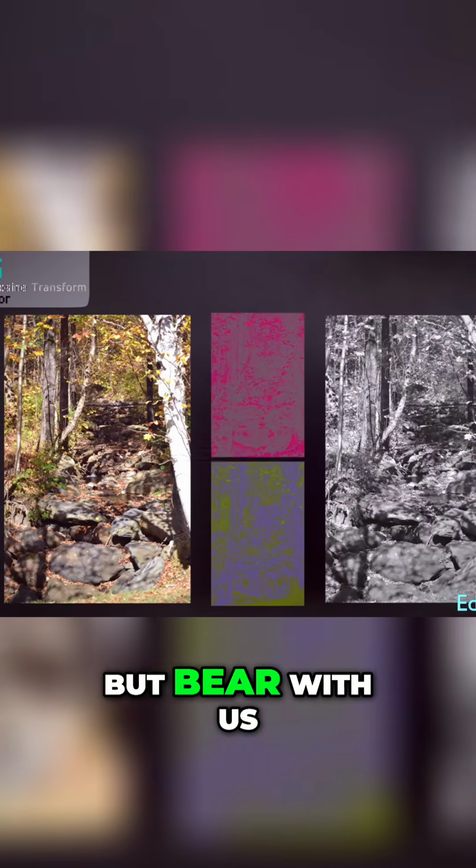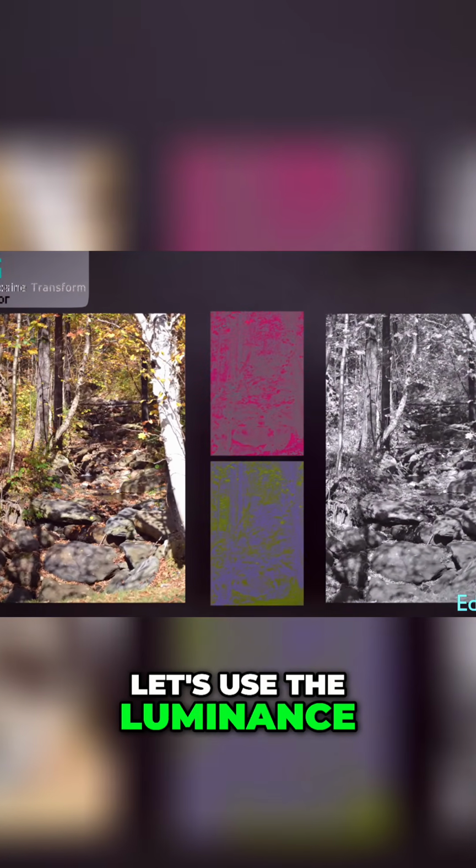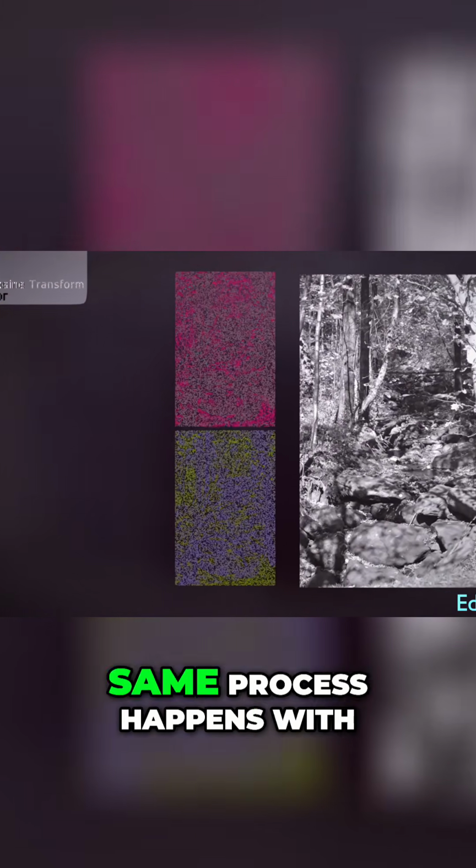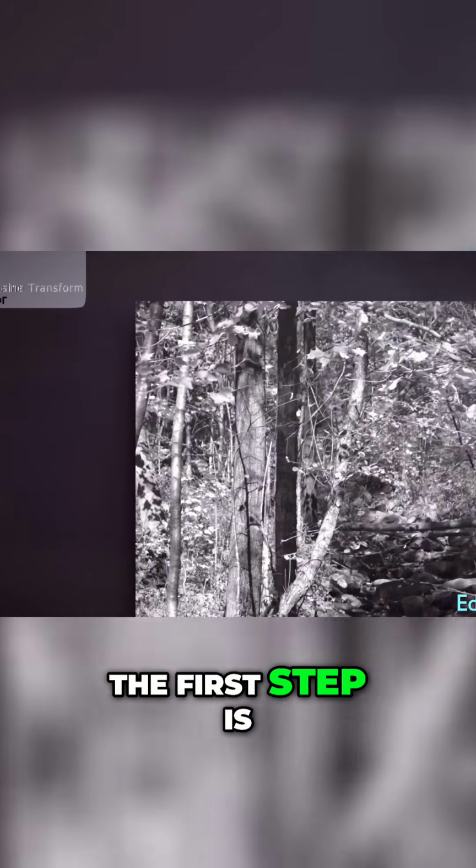This process is rather complicated, but bear with us. Let's use the luminance component image as our example. But know that the same process happens with the two chrominance components. The first step is to divide the entire image into 8 by 8 sections called blocks, each with 64 pixels